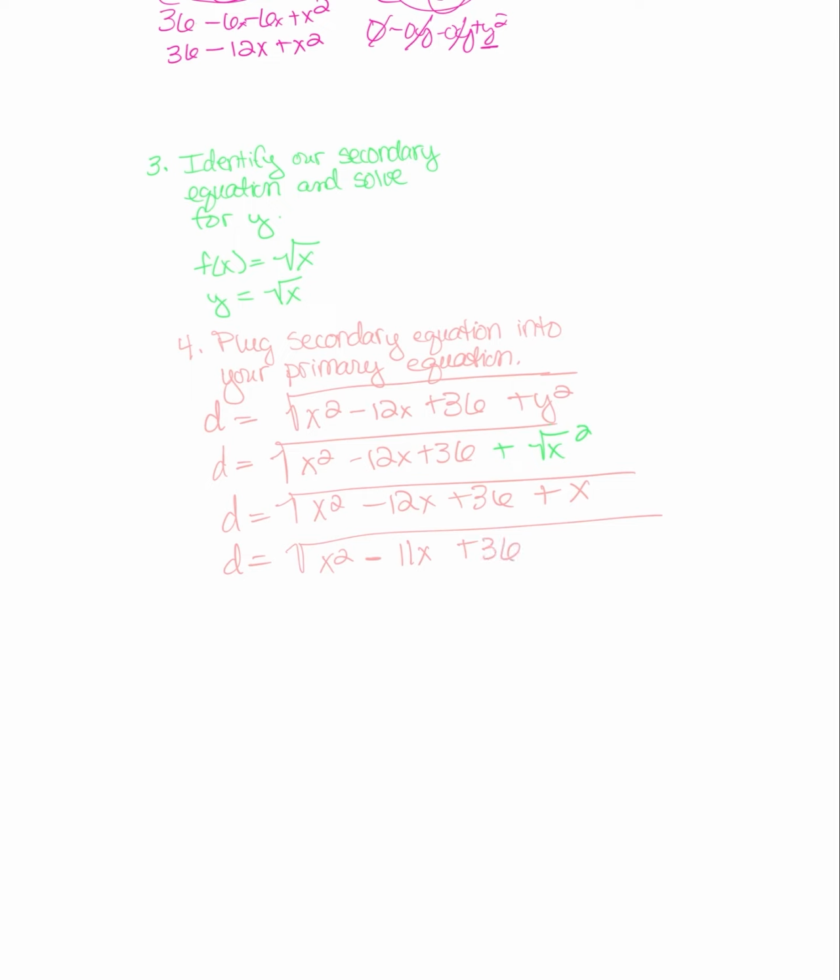Okay. So now that we have simplified, let's see, is this as simplified as we can get? I think so. I think that if we take the derivative this way, let's put it in this form. We'll go x squared minus 11x plus 36 to the 1/2, because that's going to be easier for us to take the derivative of than having it under the square root, because it's easier to see that we're going to need to bring that down. All right, so the fifth step is to take the derivative